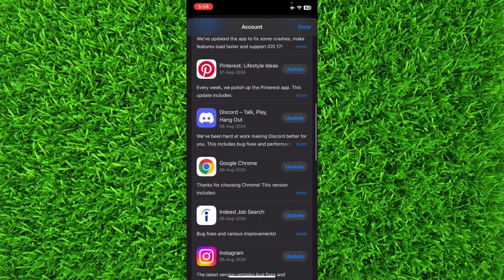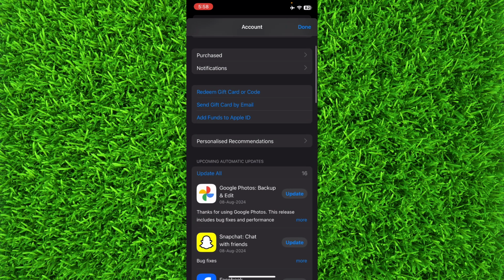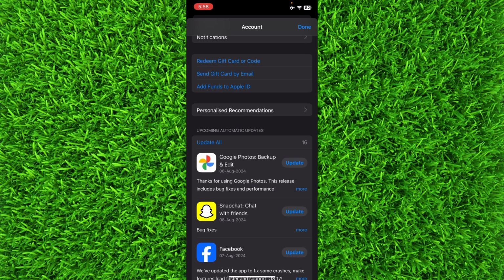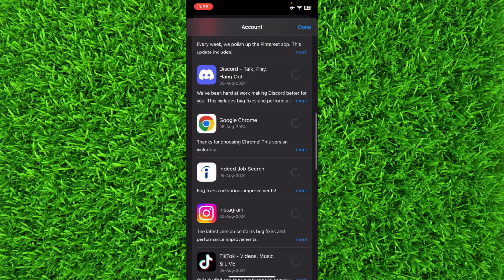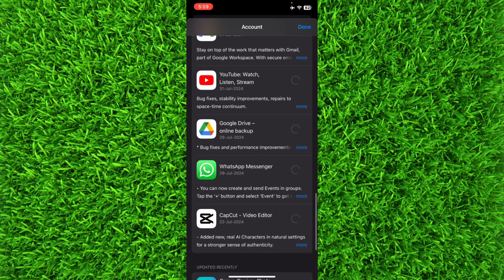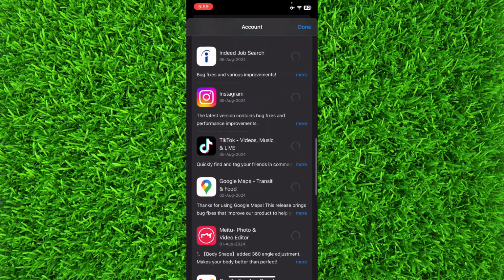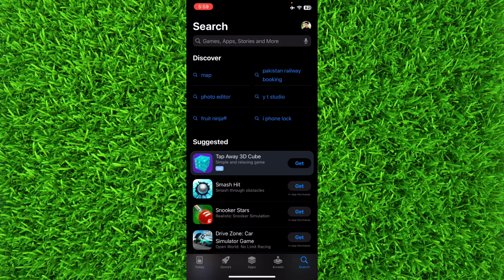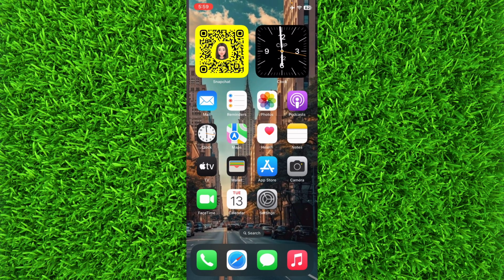Now you'll have to scroll up, and right here you'll be able to find an option of update in front of each app, but you can notice one thing, that you'll be able to find an option of update all on the top of all the applications. All you'll have to do is to tap on update all, and now you can see all the applications have started updating, and they will take some time to update, and you will not have to click on all the applications manually to update. So that's how you can easily update all the applications on your iPhone in a single